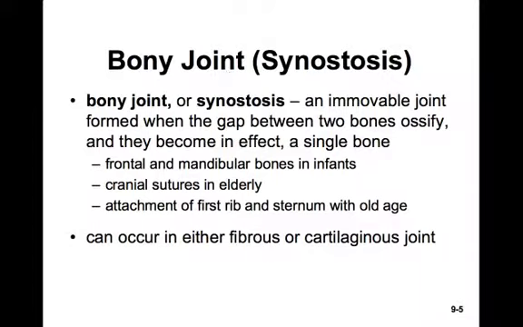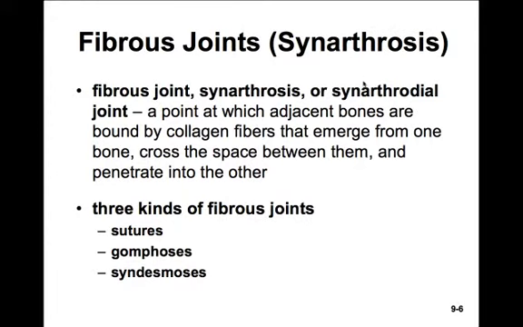So the joint may begin as a fibrous joint or a cartilaginous joint. However, later in life, those bones may fuse together to become synostoses or bony joints. Next, we look at fibrous joints or synarthroses. Syn meaning together, arthrosis meaning joint. So a joint, as in there's movement, but they're very close together, as opposed to synostosis, which was together as a bone,